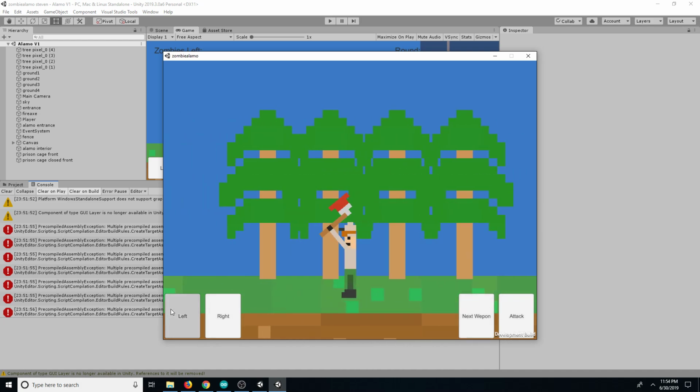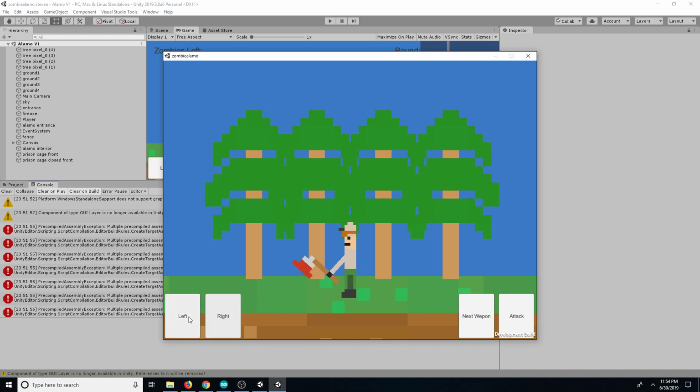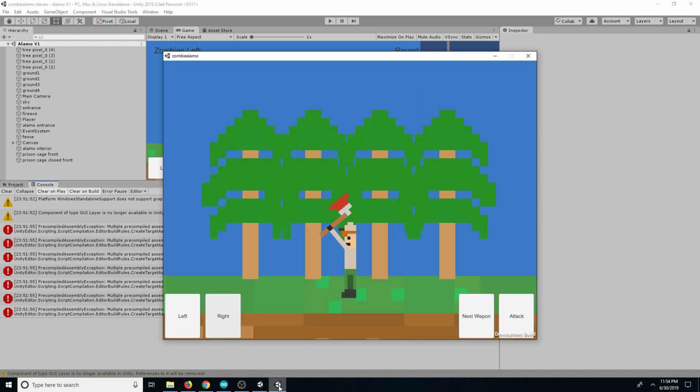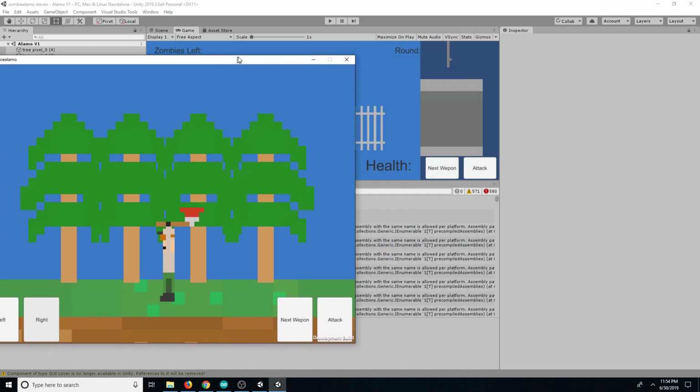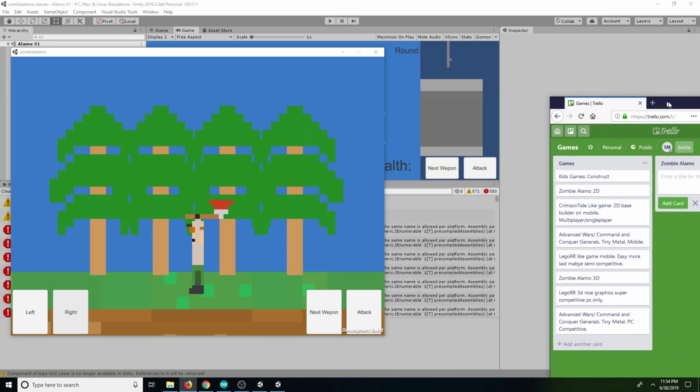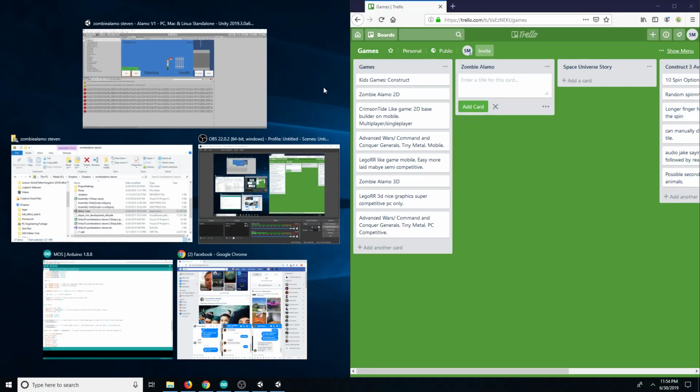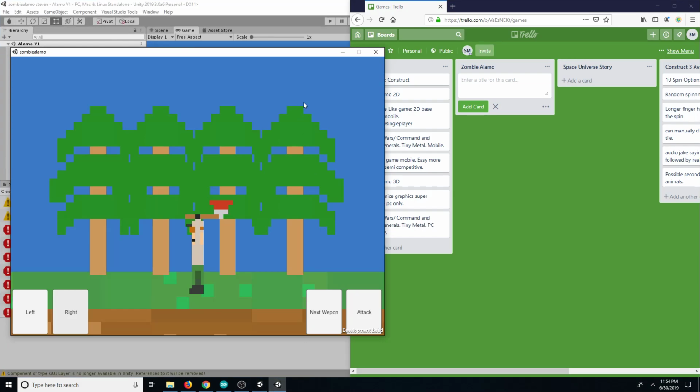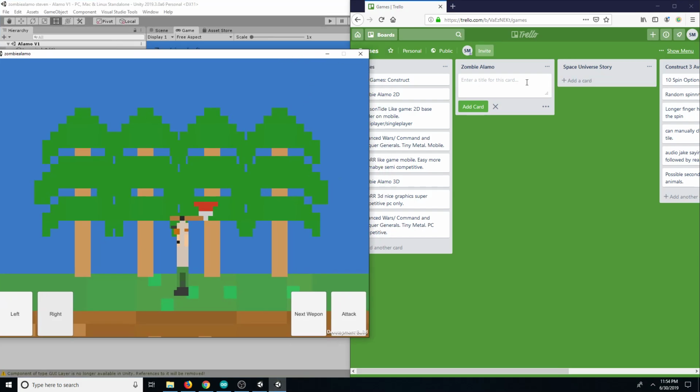Obviously there's no next weapon. And here it says this is basically left or right. One of the things I definitely want to do is save. Let's put this here, and I'll do side screen and then this here. Definitely what I want to do is save